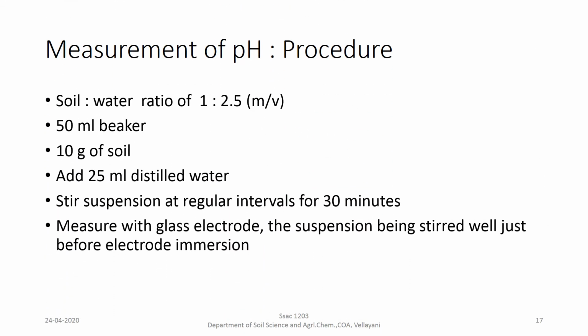Now let us have a look at the procedure for the measurement of pH. The soil water ratio is 1:2.5 mass by volume. So you have to take a 50 ml glass beaker with a glass rod, transfer 10 gram of weighed soil into the beaker, add 25 ml of distilled water into it,